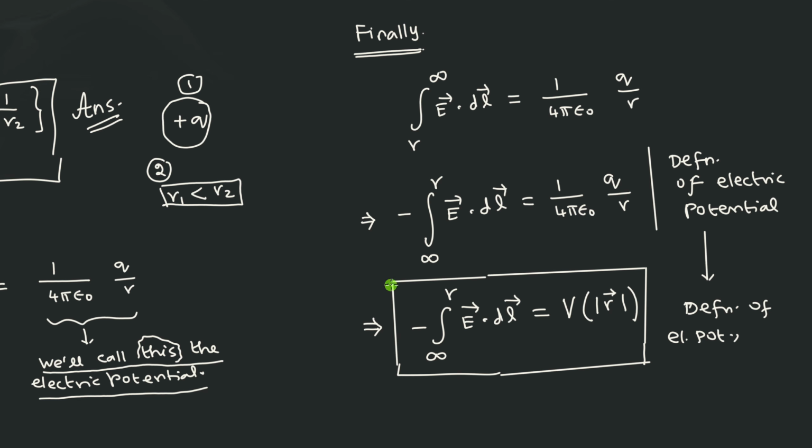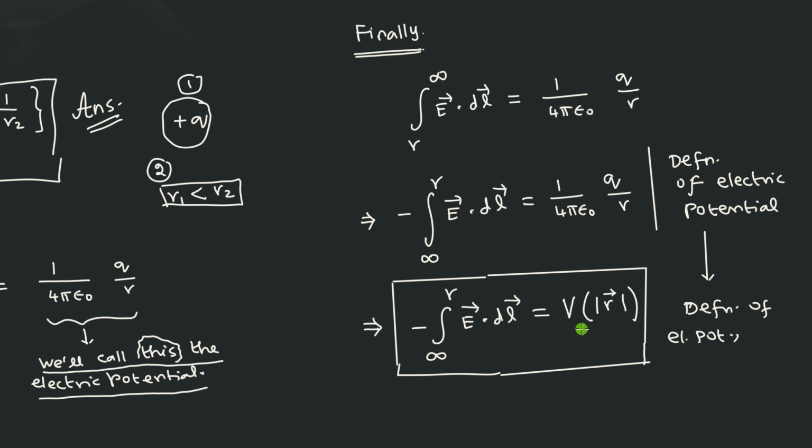So the statement written in the last line and put in a box represents that the meaning of this equation is valid not only for the point charge, but for any kind of charge distribution, in particular discrete distribution. Anyway, it is valid for continuous distribution, that we will see later. So our conclusion, therefore, you should appreciate that even though we started with a simple problem, it gives us an important conclusion, and this happens to be a basic defining equation. And in this, you note down that the definition starts with a minus. So minus integral infinity to r of E dot dl is known as the electric potential.